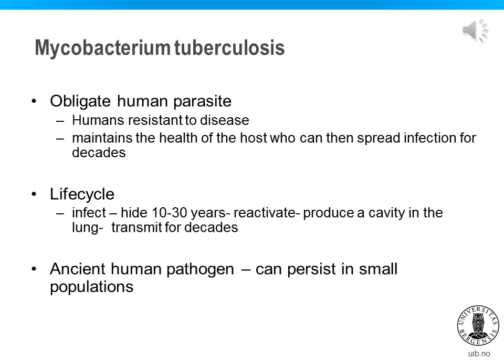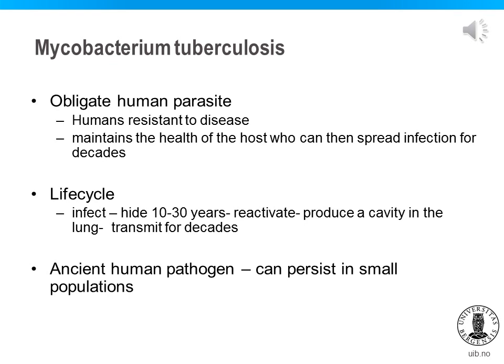The enigma of Mycobacterium tuberculosis is that it is an obligate human parasite, even though humans are more resistant than any of the animals used for study. Mycobacterium tuberculosis is an obligate human parasite because it can almost only be transmitted to new hosts by people. Humans are more resistant to tuberculosis because most develop effective immunity against primary tuberculosis in weeks, whereas most animals die within months of progressive disease. This benefits the organism because it maintains the health of the host, who can then spread infection frequently for decades.